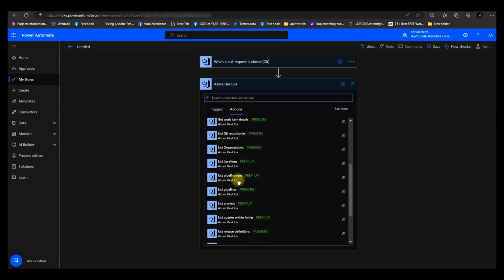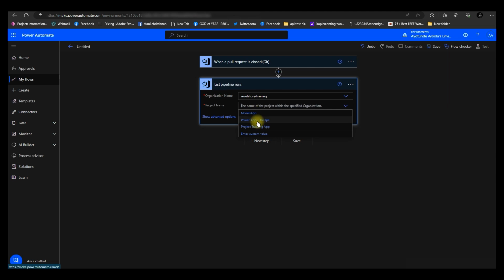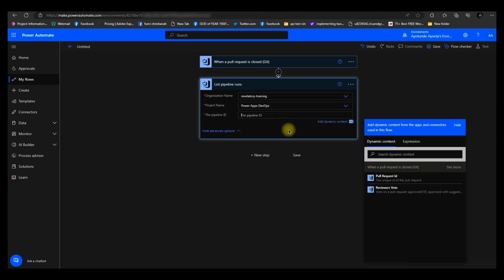You can say, you know what, list all my runs in pipeline, and then you run a pipeline. Can you see the idea now? You can literally not be doing any manual action at all. And then see, I'll put my org name again, and my project name again, and then I should get my pipeline list. All I need to do now is put my pipeline ID,